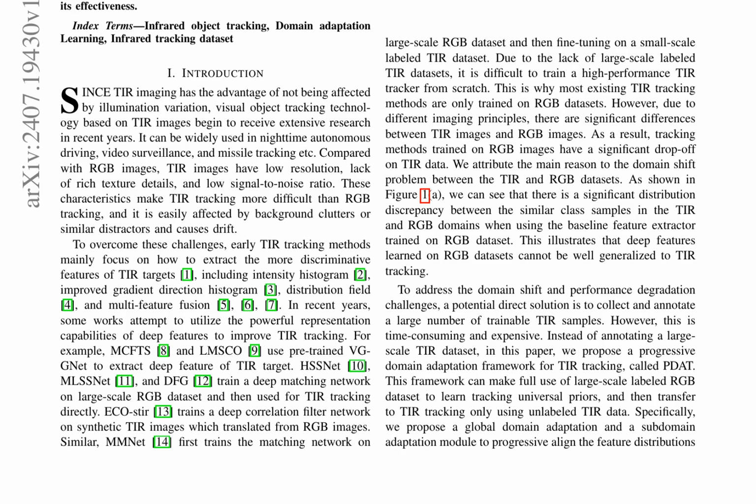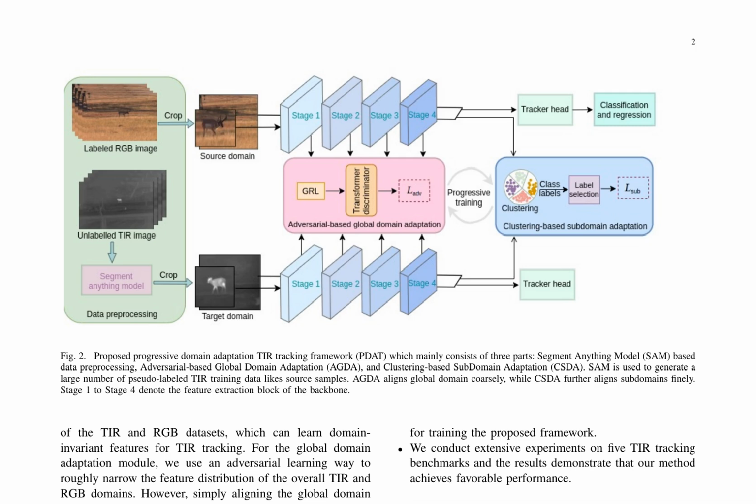Therefore, the CSDA module is proposed to align features in the subdomain with similar categories for getting more fine-grained feature transfer. The proposed global domain adaptation and subdomain adaptation modules progressively align the feature distributions of the TIR and RGB domains in a progressive training manner. Figure 1 shows that the proposed method can effectively align the feature distribution of the RGB and TIR datasets to